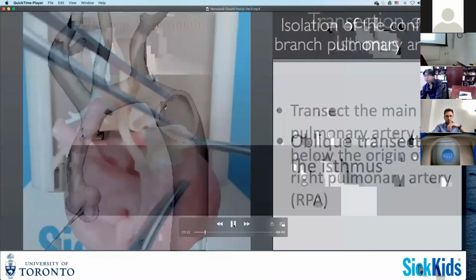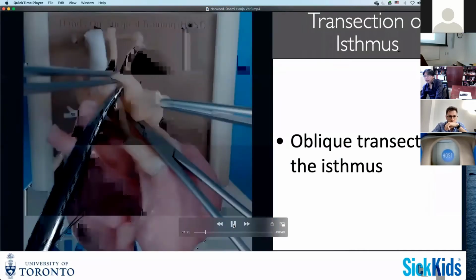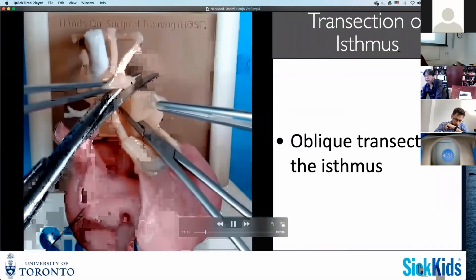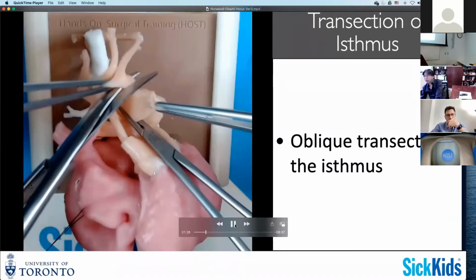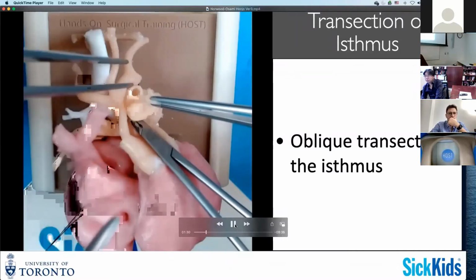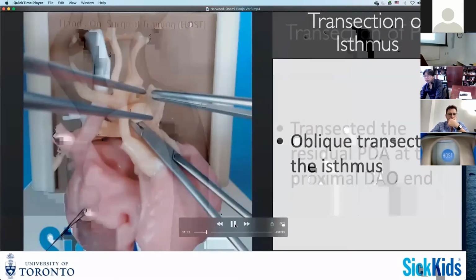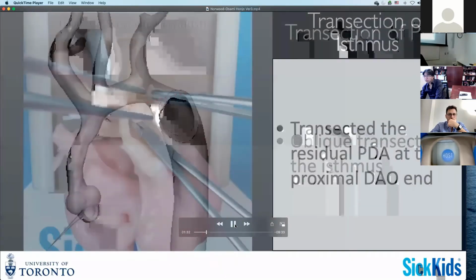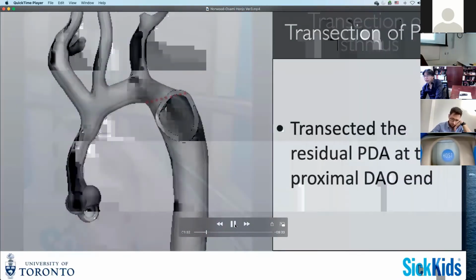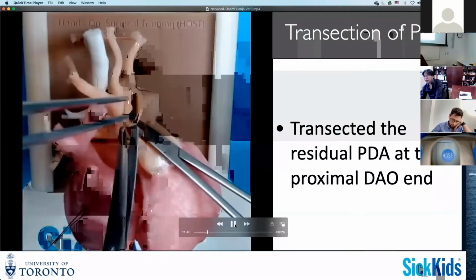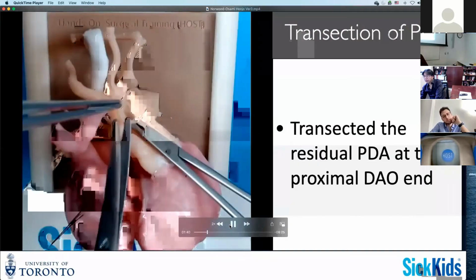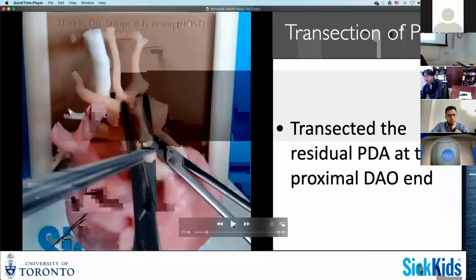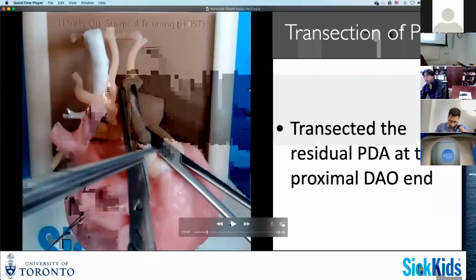And then go ahead and transect the isthmus. This is going to be used as the first part of the interdigitating anastomosis. We're cutting kind of oblique. And go ahead and cut out all the ductal tissue. So we're under pure circulatory arrest. And once we cut this,